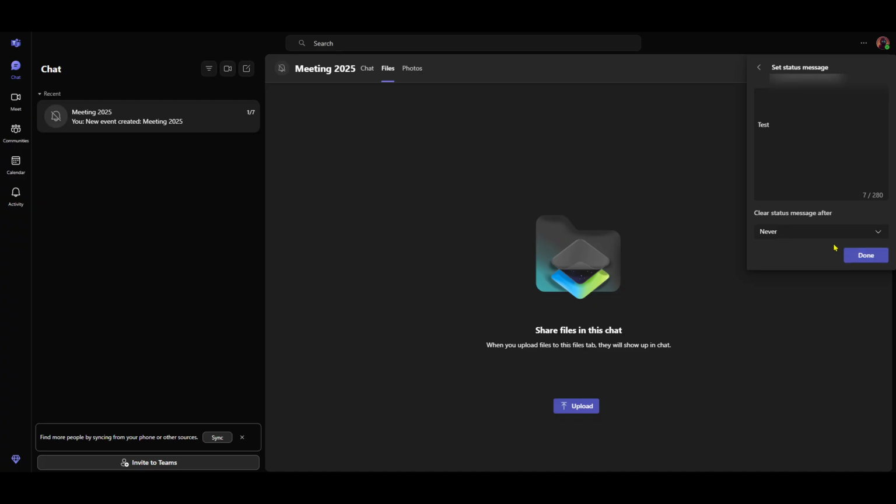Remember, availability can go a long way in facilitating better communication and enhancing productivity in your remote work environment. By keeping your status set to available, it signals to colleagues and teammates that you're reachable and ready to collaborate if needed. Keep in mind to manually update your status message if your schedule or availability drastically changes to ensure